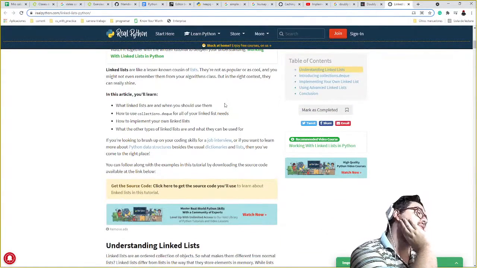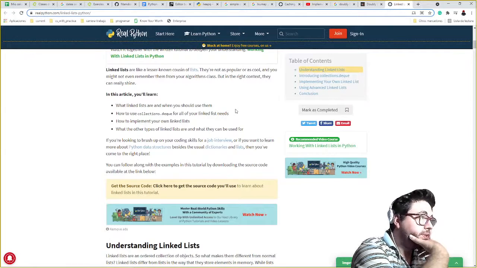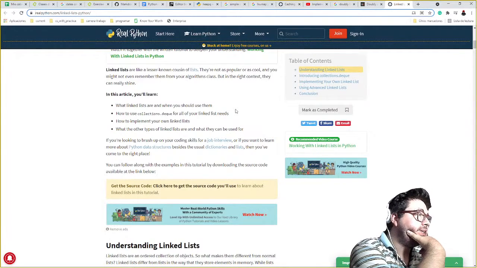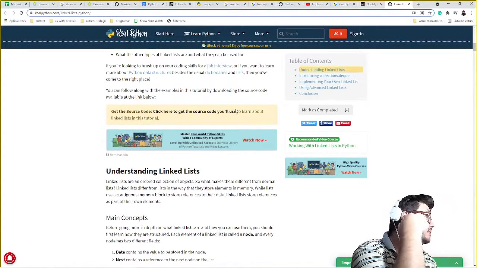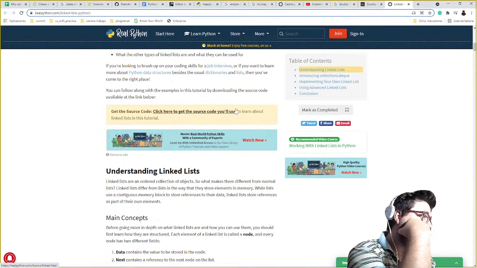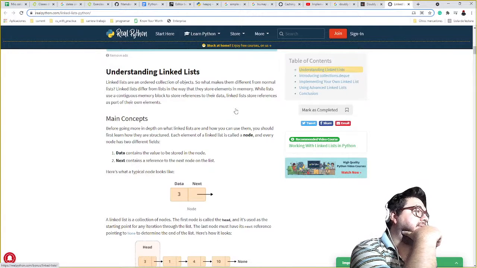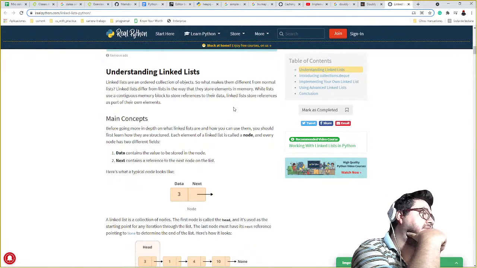Linked lists. There are no lists. They are not popular. You might not even know what linked lists are. When should you use them? Collections deque. Linked list needs. How to implement your own linked list. If you're looking to brush up on your coding skills, understand the linked list. Linked lists are an ordered collection of objects.